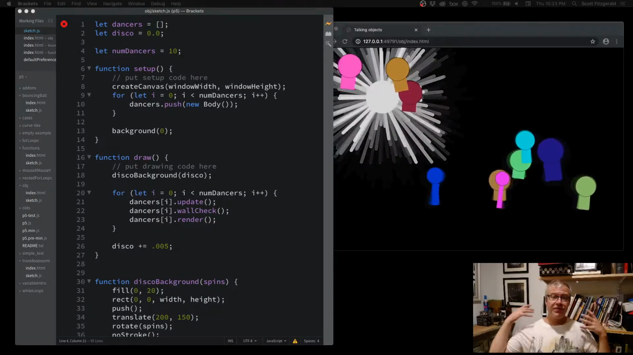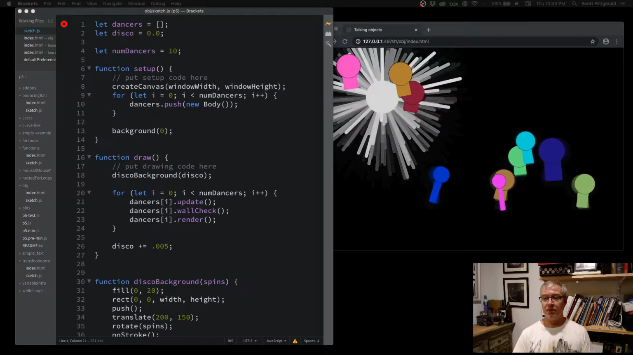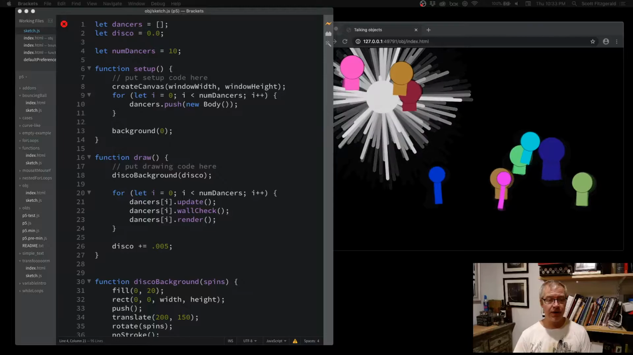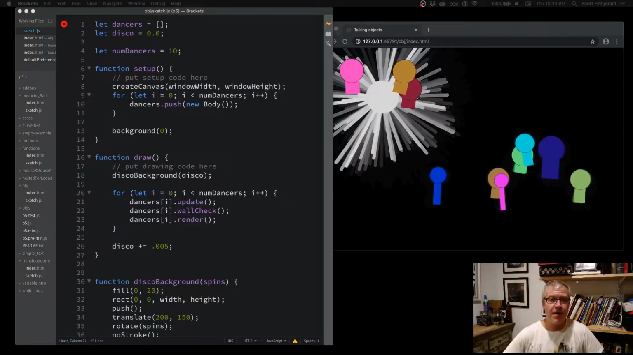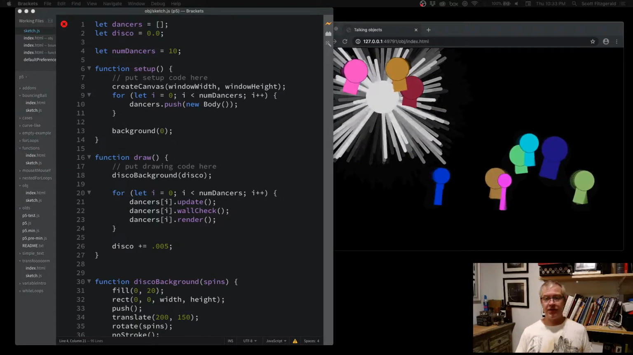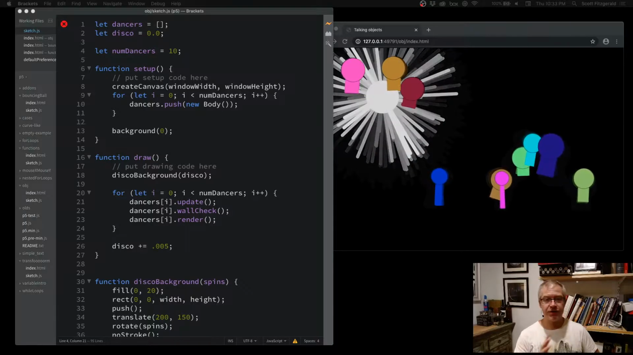Great. We've got all these dancing folks. We've got our party going on. And we know how to do this with just a few lines of code. There's one other thing that we can do with these for loops and arrays in conjunction with objects and classes